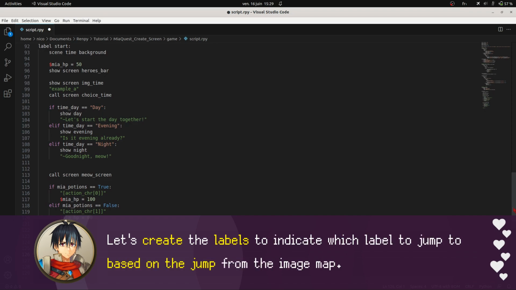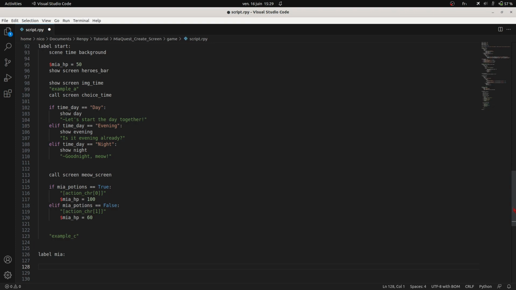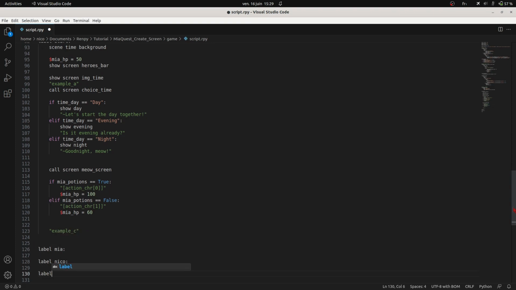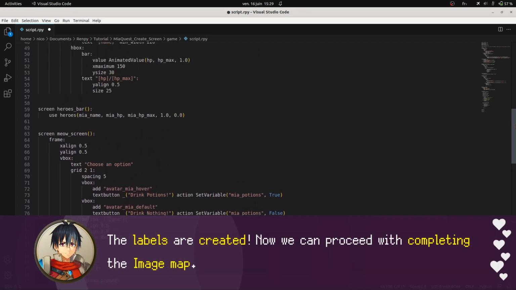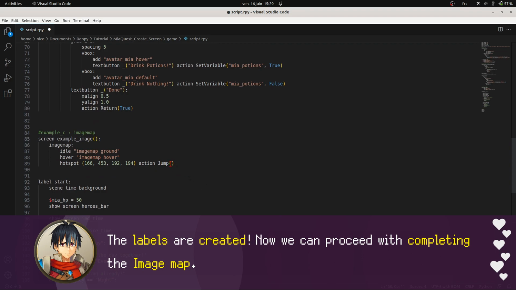Let's create the labels to indicate which label to jump to based on the jump from the image map. The labels are created. Now we can proceed with completing the image map.